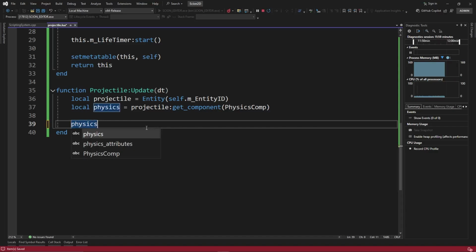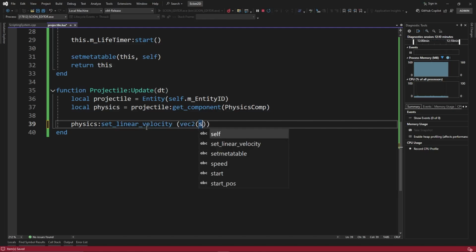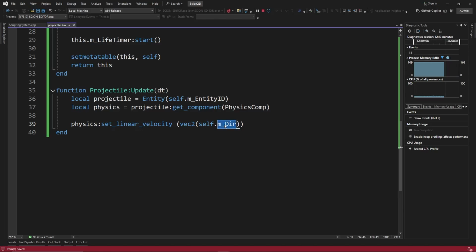Okay, so I'm going to want to go physics dot set linear velocity. And I'm going to want to go vec2 and that's going to be self.mdir. Now mdir in this sense is just going to be, is it going left or right? So it's just going to be a single value, and it's going to be multiplied. So the value is going to be negative or positive, okay? So times, sorry, this should be mdir times self.mspeed times delta time. And that's for the x, because I only care about left to right now,